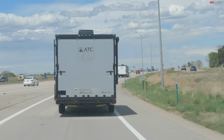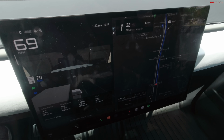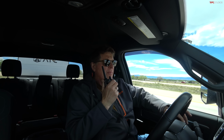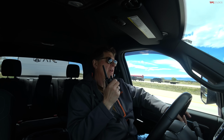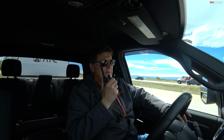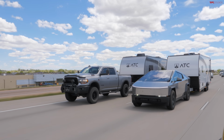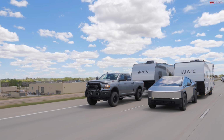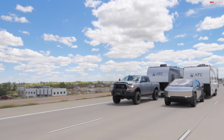We are on Interstate 25 and I set my cruise control at 70, not 75, because I'm feeling sway. Yeah, I think most modern trucks now have a little bit of sway mitigation built into the computer brain, but it looks like the Cybertruck doesn't quite have that. I don't feel out of control. I definitely feel the truck moving side to side. So there may be some mitigation in the truck,